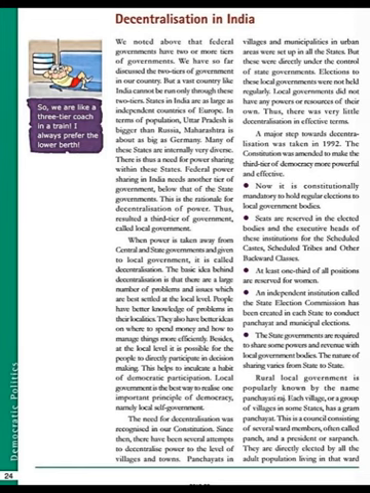Now, the need for decentralization. Many attempts have been made to decentralize power to the level of villages and towns, and panchayats in villages and municipalities in urban areas were set up in all the states. But these were directly under the control of the state governments earlier, and moreover, elections to these local governments were not held regularly, and local governments did not have any power or resources of their own. So there was very little decentralization before